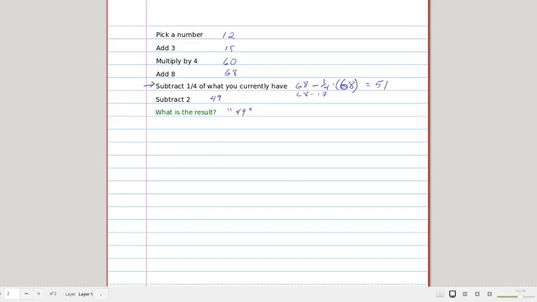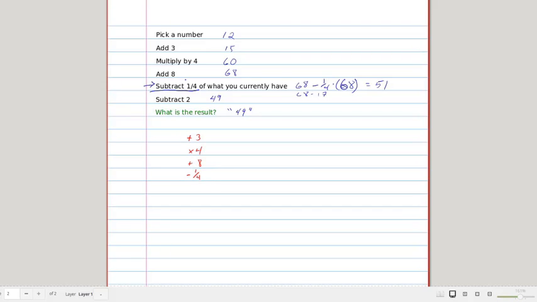Now, working backwards when you have something like this can be challenging. But I'm going to follow the same process that I did before. So I start out writing down what you were doing as you were going through it. So I'd write out, okay, you started out adding 3. Then you multiplied by 4, then you added 8, and now you subtracted, and I want to be careful here,